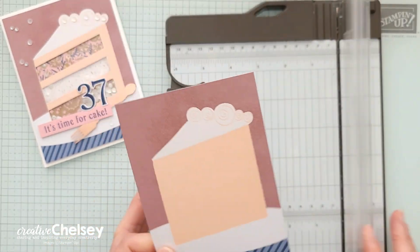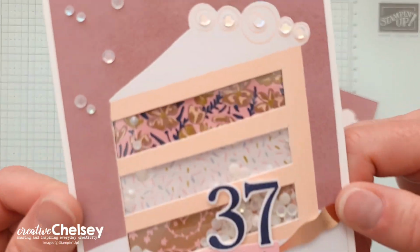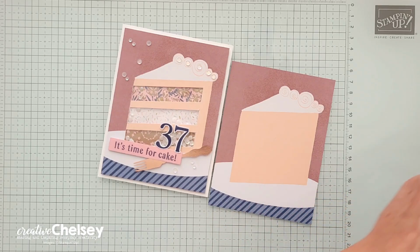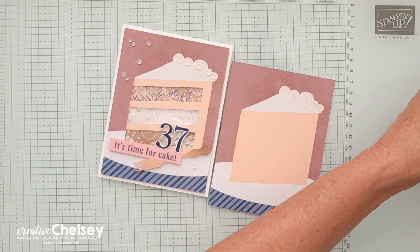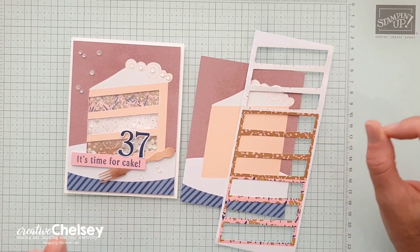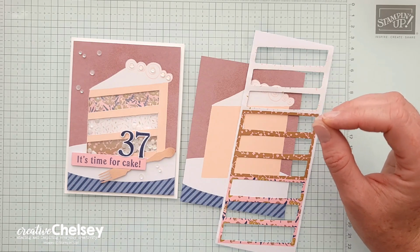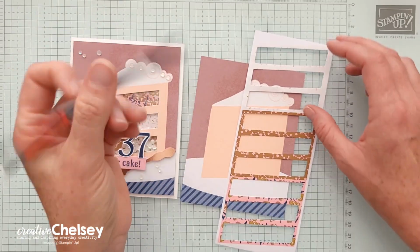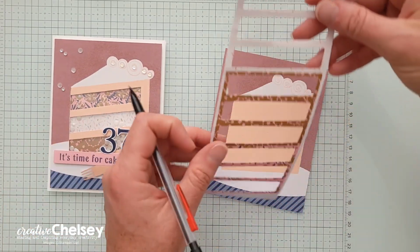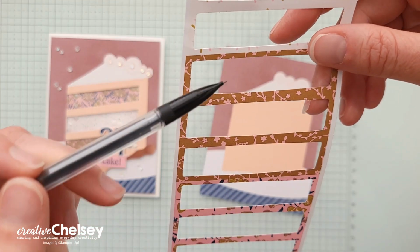So once we're at this point, we are going to create the cutouts for our shaker element. And to do that is actually quite simple, so you don't have to put a lot of stress into it. But the actual act of cutting it out is just a little bit detailed, so I'll walk you through all of that. So you're going to grab yourself a pencil. You want to have a good pencil with a good eraser so that you can remove any markings. You're going to take the exterior leftover piece of the angled